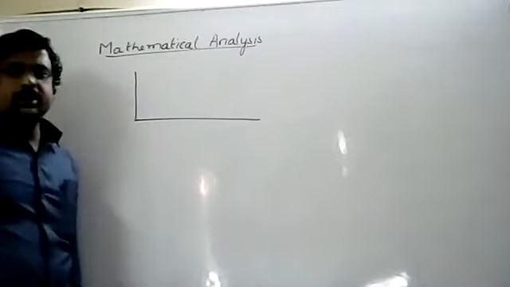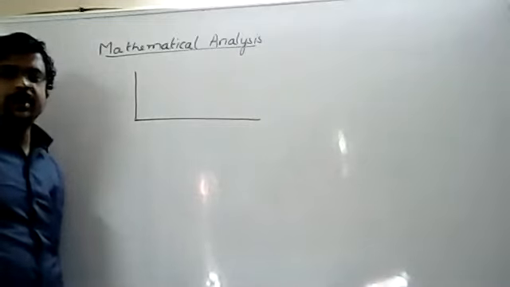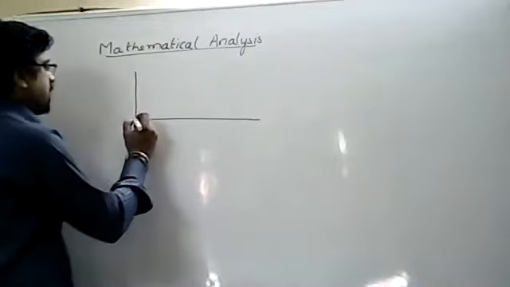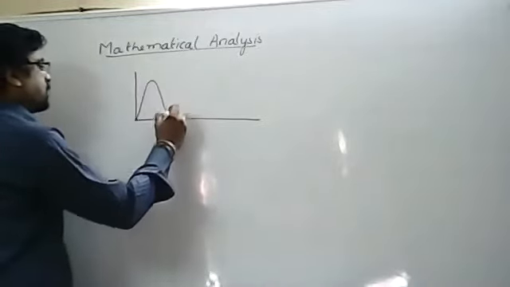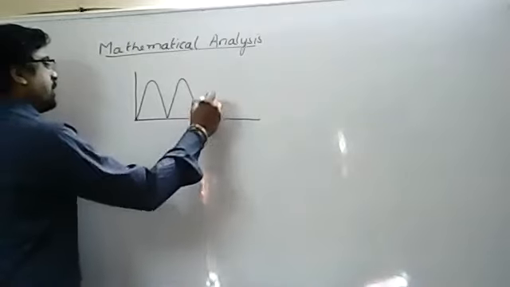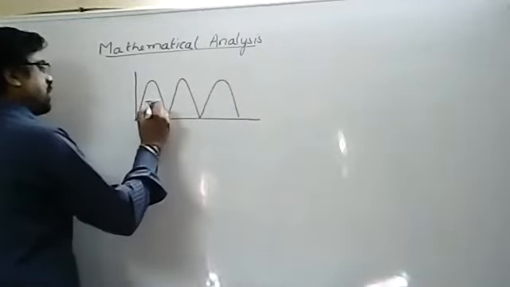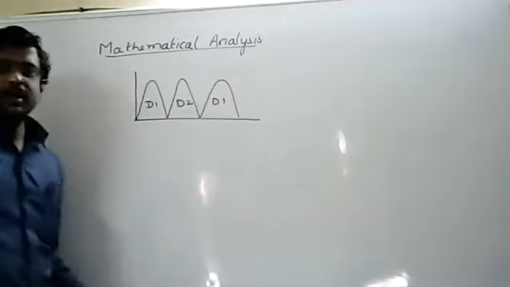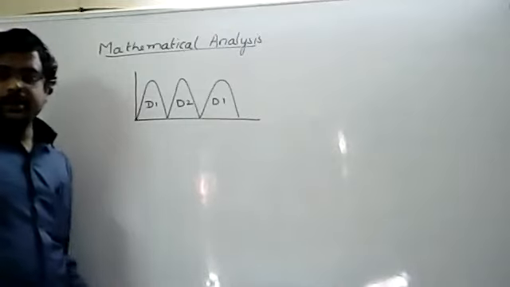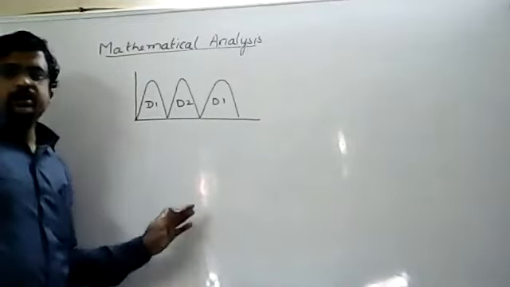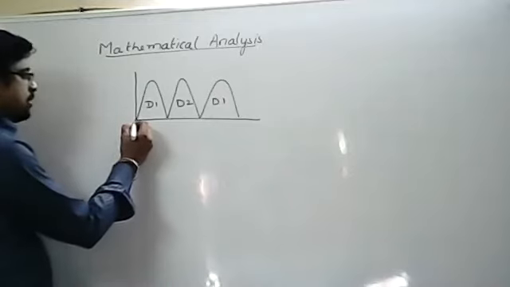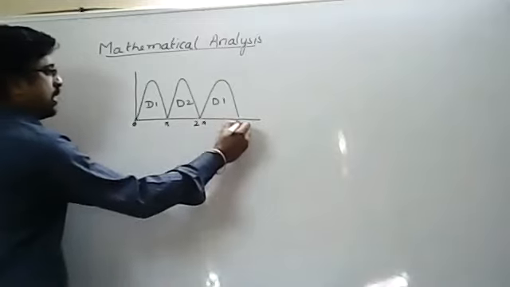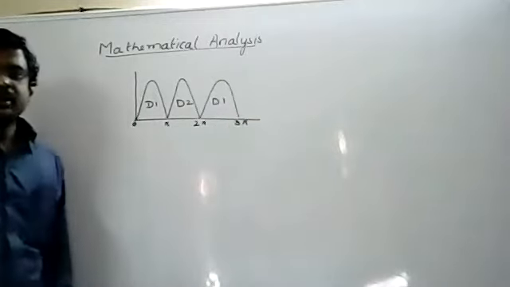So let us see the mathematical analysis of a full wave rectifier. Whenever using a full wave rectifier, at the output it is conducting for all complete cycles, for the positive half cycle, for the negative half cycle, and so on. This is due to the diodes D1, D2, again D1, and so on, right? D1, D2, and so on. So what is the cycle here? 0 to pi, and this is 2 pi, 3 pi, and so on.